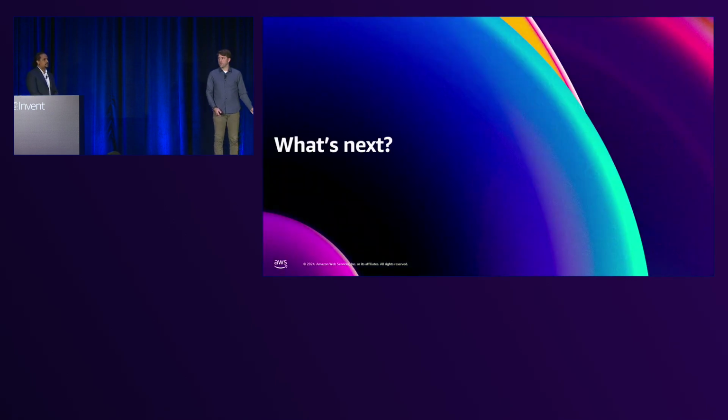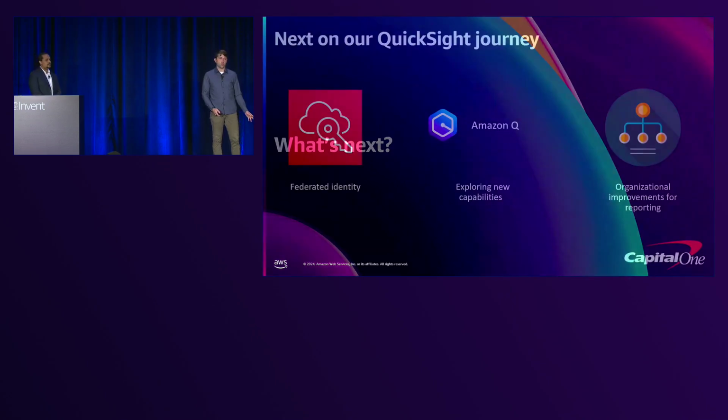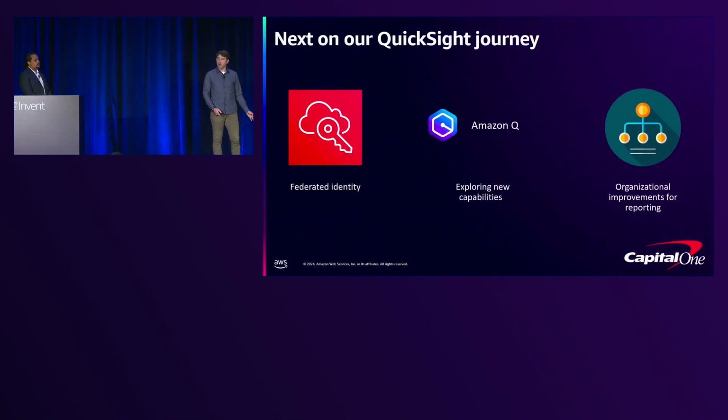So what are we thinking about next in terms of short-term goals for QuickSight? Probably not a huge surprise. These are things that were discussed earlier in this presentation, but we're focused on implementing AWS Identity Center. This will give our users single sign-on and MFA seamless experience that they're used to in other applications. We're looking to explore additional generative AI capabilities inside QuickSight. And then we're looking to enable restricted folders, which will give an environment like ours at a large scale a lot more organization for our end users.